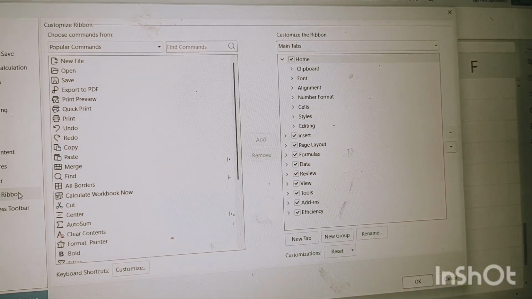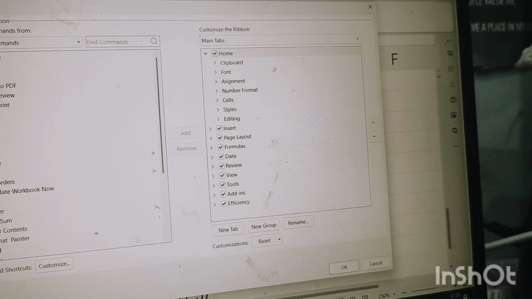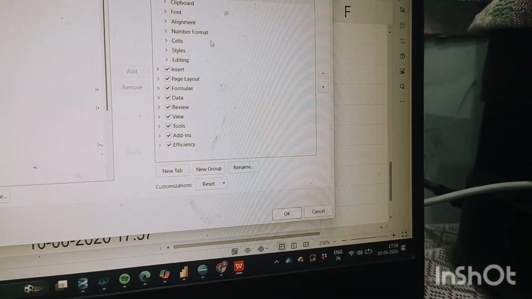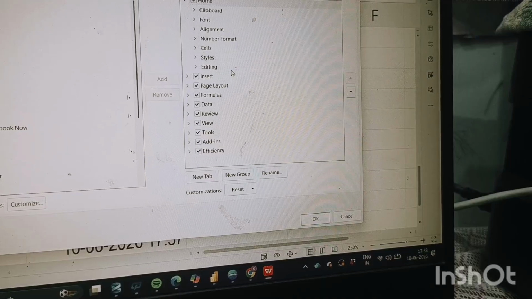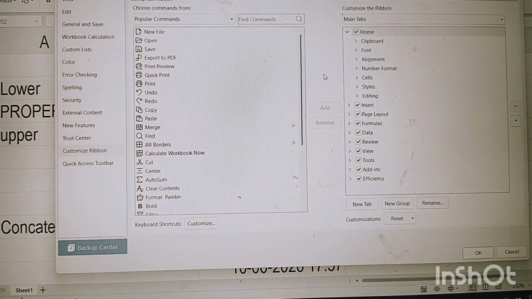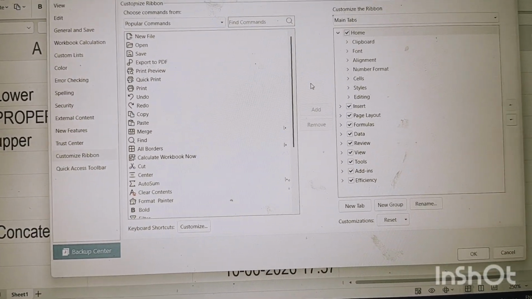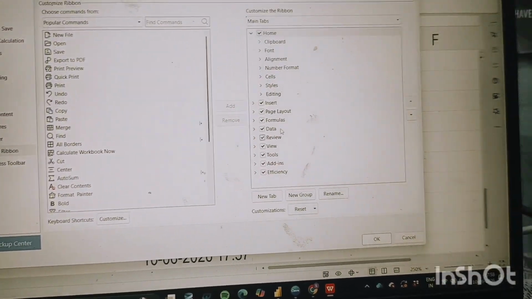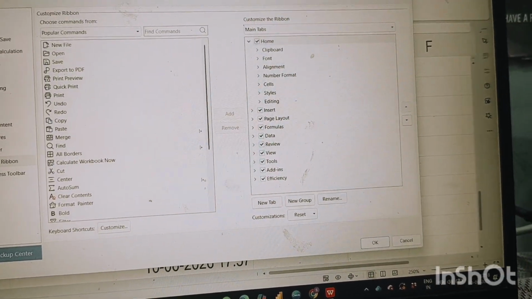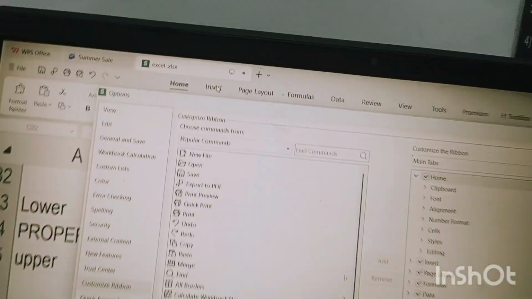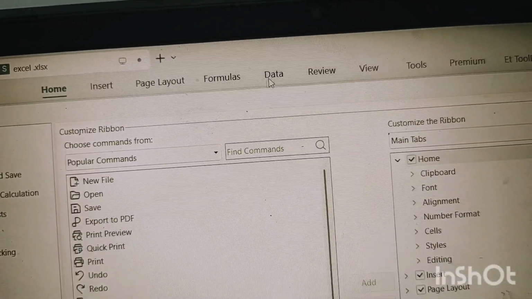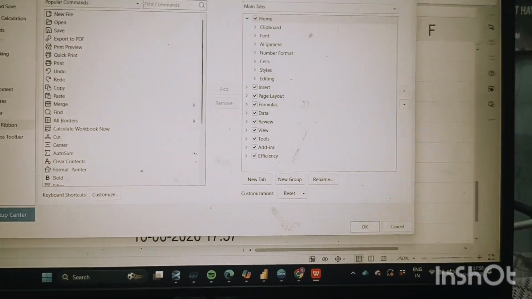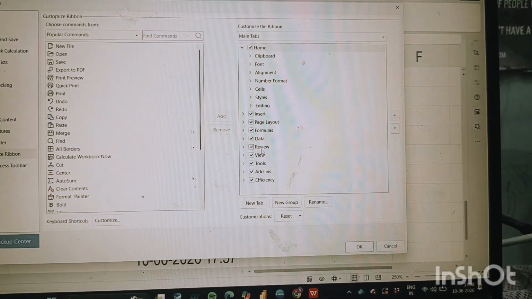After selecting Customize Ribbon, you will see Home, Insert, Page Layout.